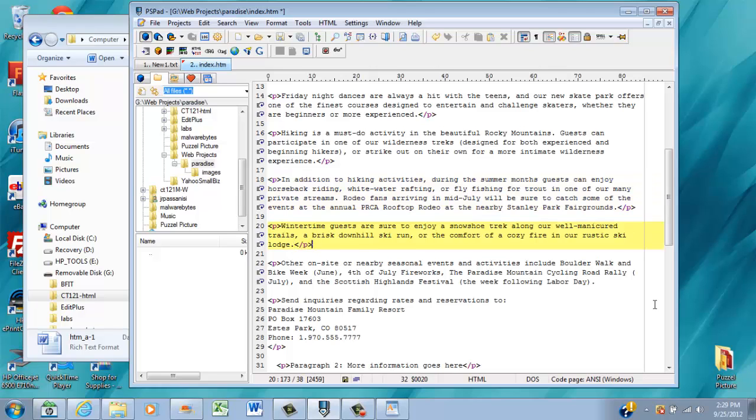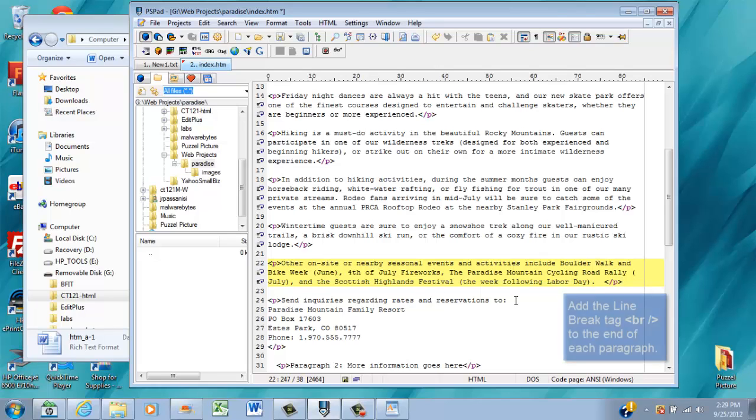You get the point. And then once I've got those in, I'm not going to put them here because these I actually want to have them single spaced. Now, earlier we used the line break. So after the end of line 24, it says an inquiry regarding rates, reservations. This is where I'm going to put in my line break. So open,